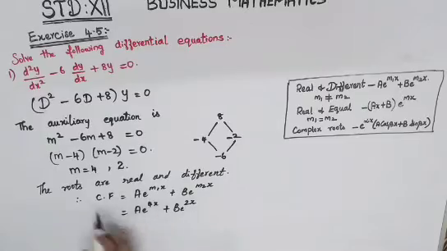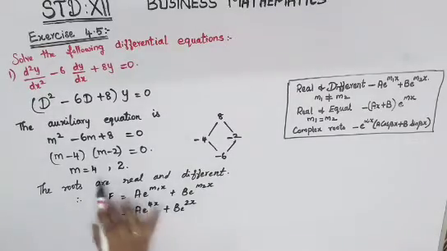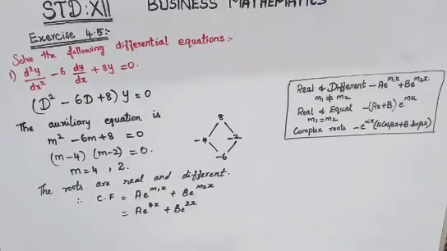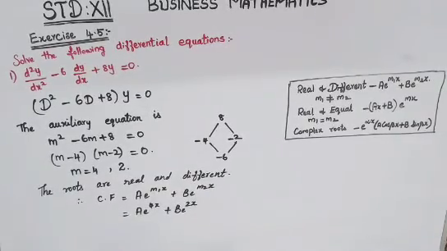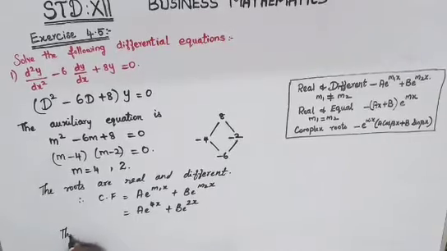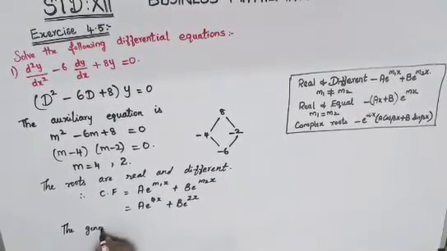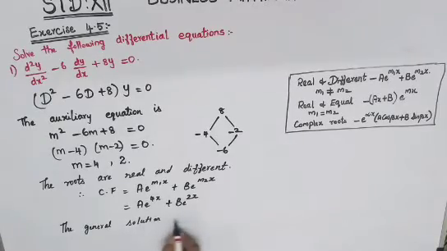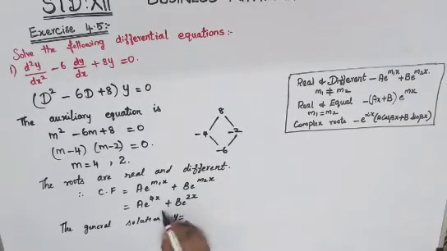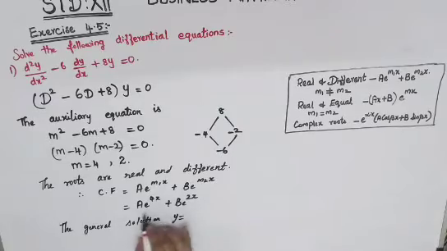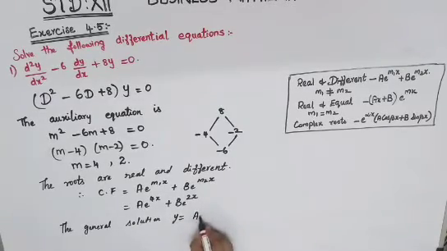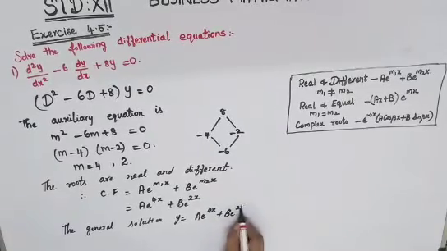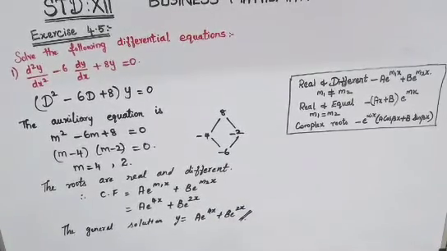So this you can change it and write also. Okay, 2 you can write it here and 4 you can write it. So it depends on your book answer. This will be your answer for your CF. Therefore the general solution you will have to write. So therefore the general solution is y is equal to your CF, you will have to write it. CF is nothing but this answer. So a e power 4x plus b e power 2x. So this is the answer for your first question.